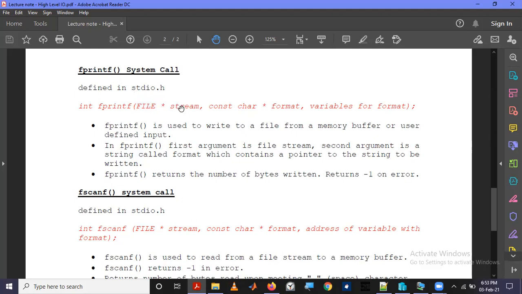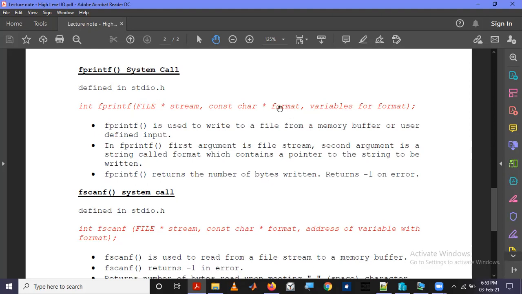So here the first argument is a file pointer, which is an open file pointer, which was opened using fopen. So you may write even just from a memory buffer, or you can pass a formatted user-defined string as input to the file, right?